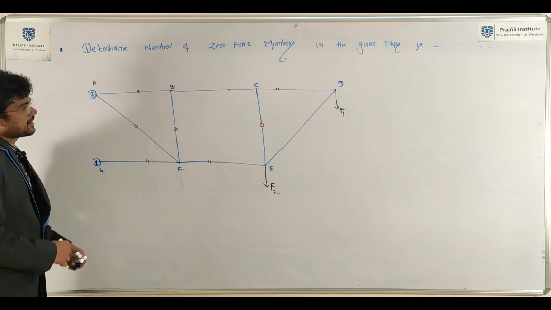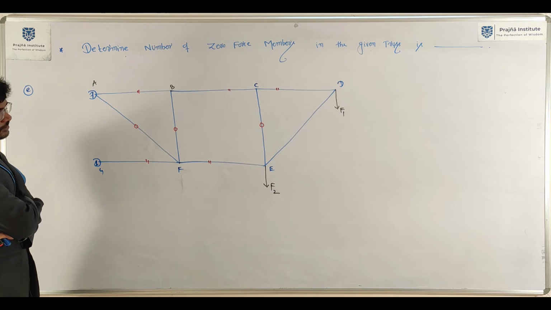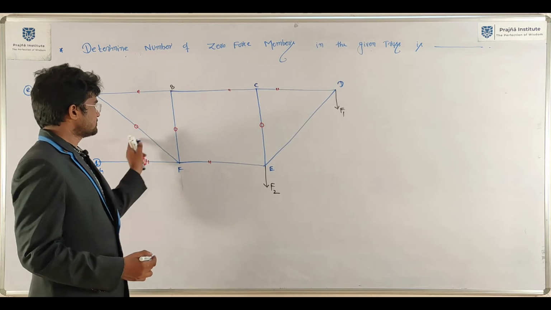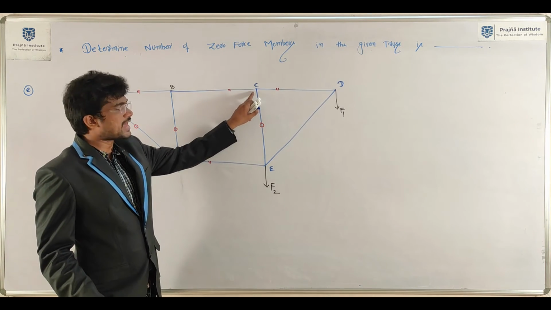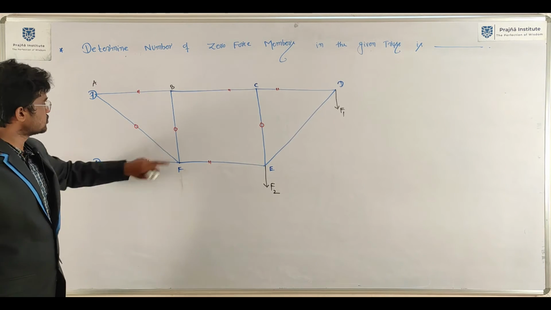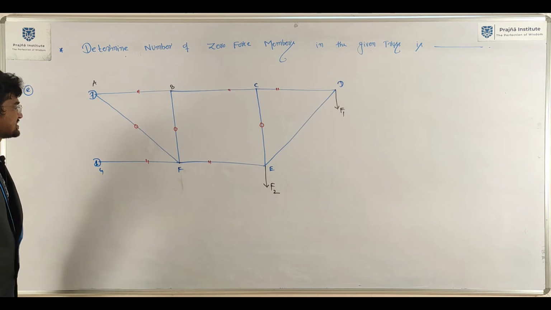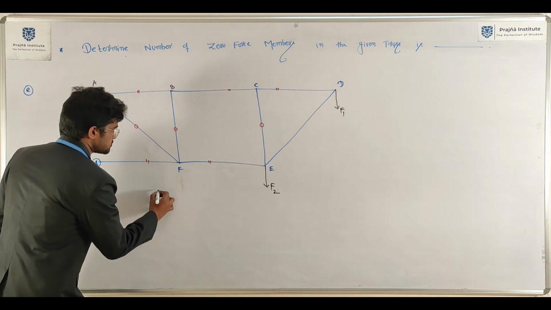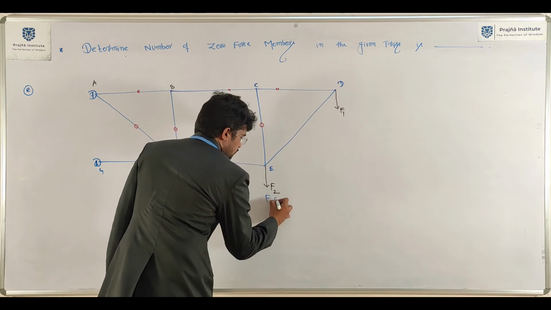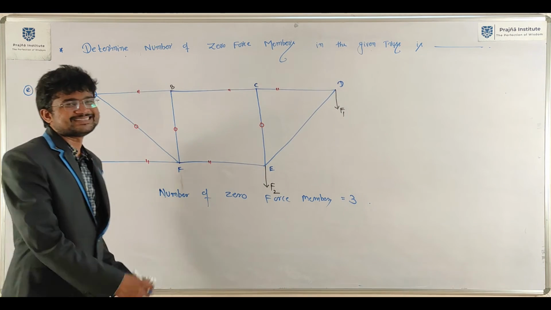Okay, sure? But it is not a perfect truss. They gave one truss. In that case, the number of zero force members is 3. These two are collinear, no load acting at the joint, so force in the non-collinear member equals 0. These two are collinear, force in this member equals 0. And then these two are collinear, force in this member equals 0. That's it. So this is the number of zero force members. Zero force members equals 3. It's just a game.